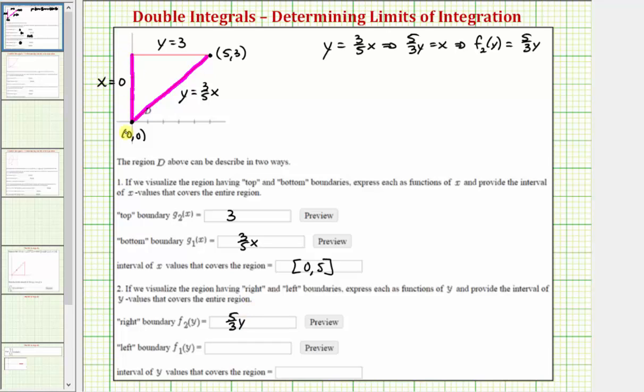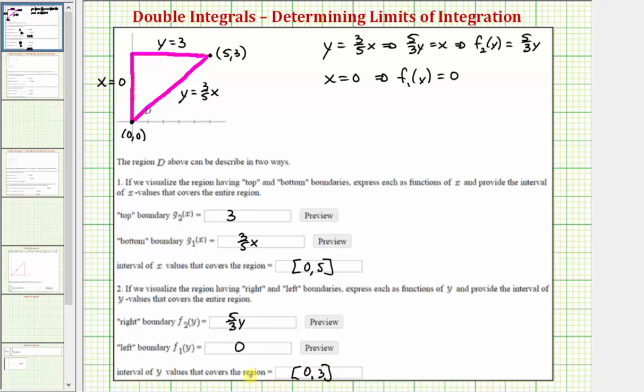Next, the left boundary we already know is x equals 0. Because f of y equals x, we can say f sub 1 of y equals 0. And then finally, the interval of y values that cover this region, well, notice how this low point here has a y value of 0, all the way up to this horizontal line, which is y equals 3. And therefore, the interval of y values that cover this region would be the closed interval from 0 to 3,